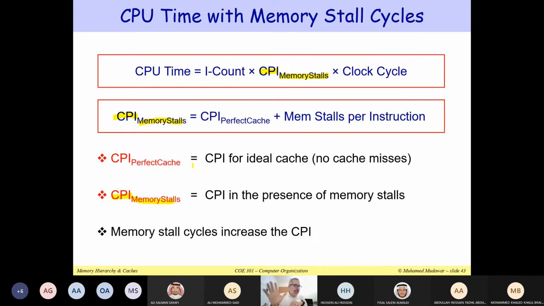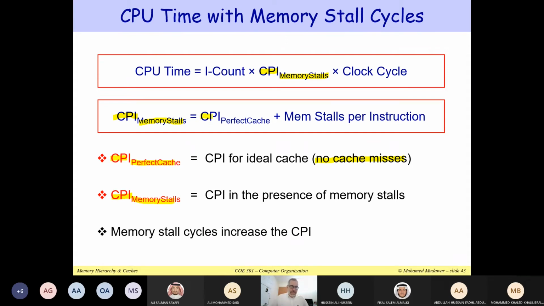The CPU will run at maximum performance. Correct? That's the meaning of the CPI of a perfect cache. Of course, this perfect cache does not exist, but from the analysis point of view,